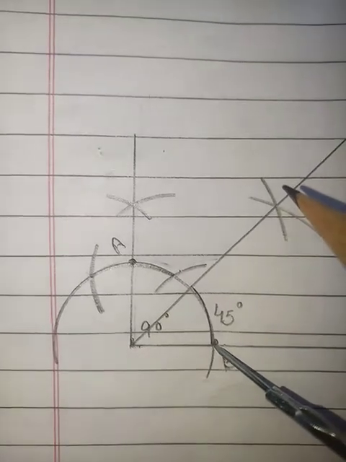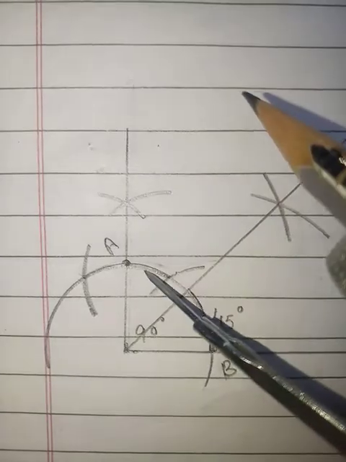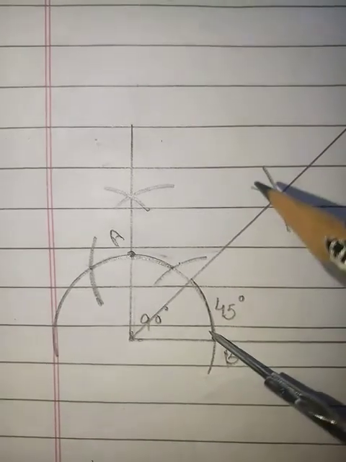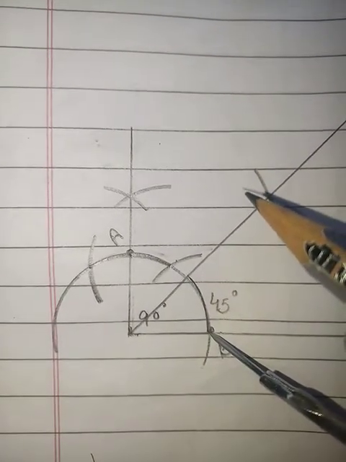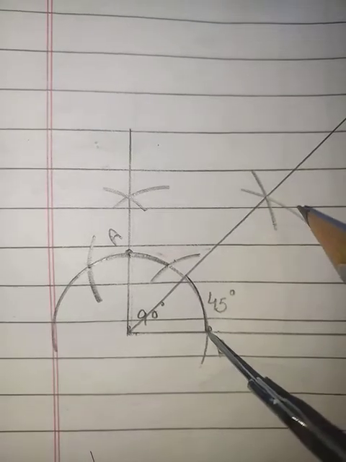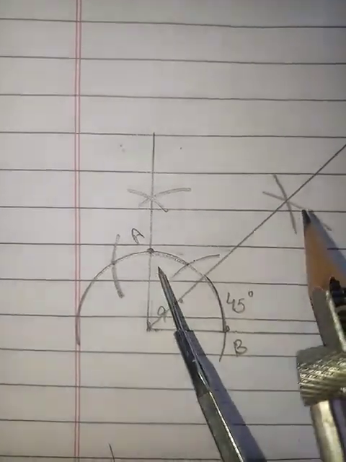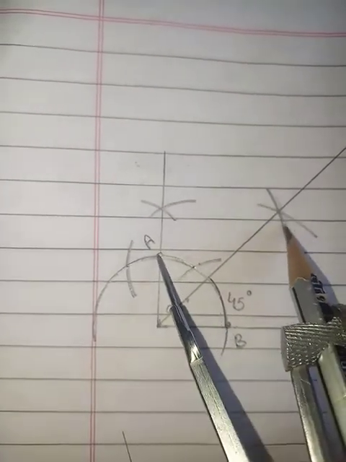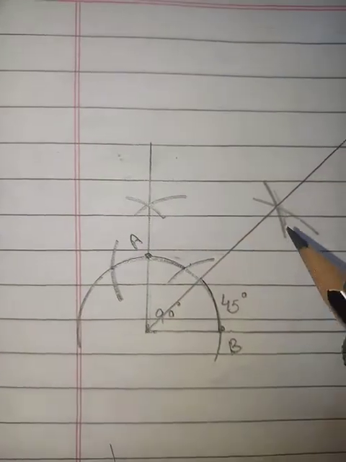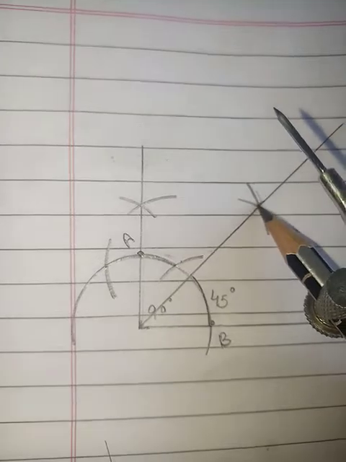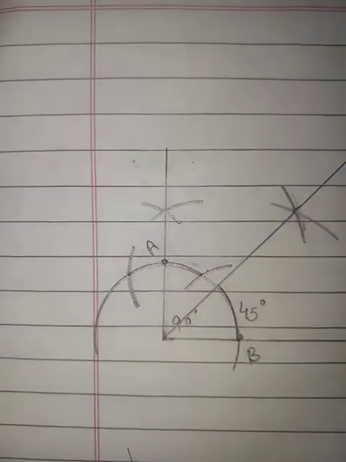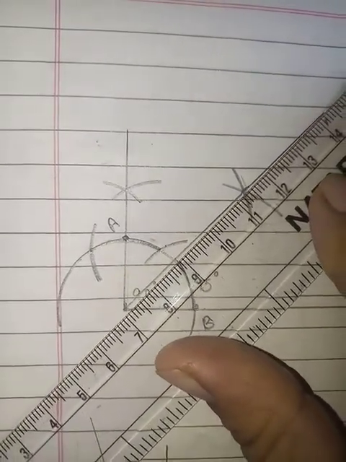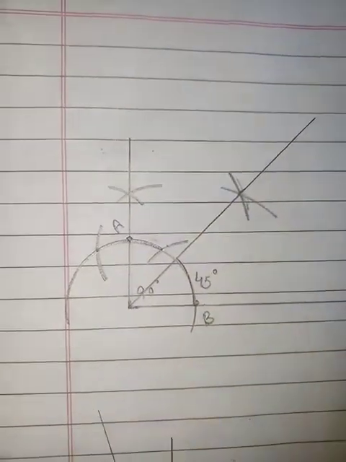So from this point and this point, taking one as a center, like point B, with any radius, open your compass, place your compass on point B and mark an arc. Now keeping A as a center point, placing your compass needle on point A, you need to intersect that arc. So this will be the bisector of it. At the point where the two arcs intersect each other, passing through that point, we need to draw a line till the center of the angle like this. Clear? So this will be your 45 degree angle.